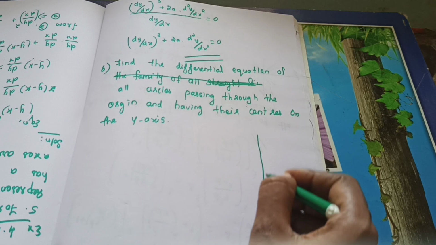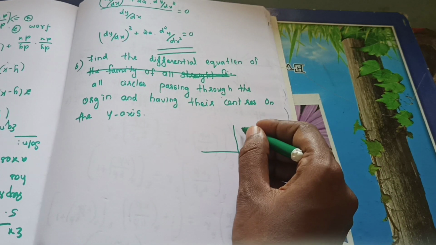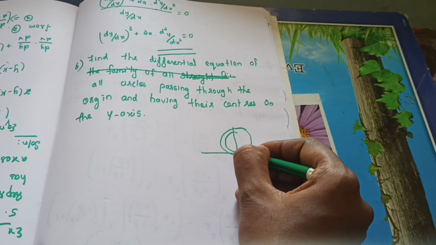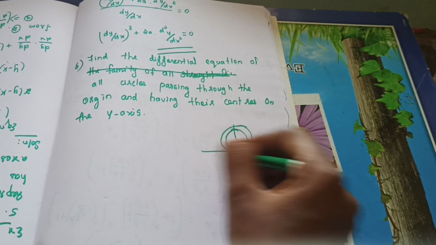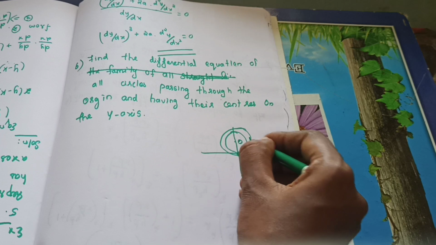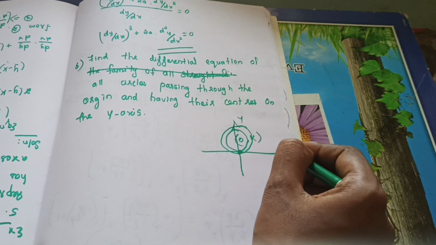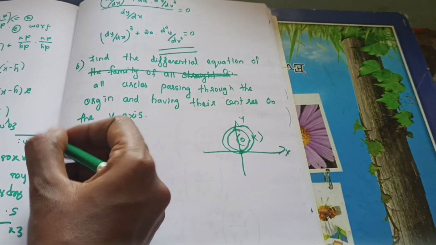Okay, so given the equation of the circle. What's the equation of a circle? All this you have learned already. So keep it in mind, the center is the same, on the y-axis, so (0, k). Keep it in mind, this is the y-axis, this is the x-axis. This is simply for your understanding.